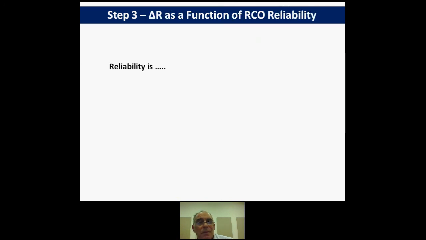Now, an important step with regard to how we can estimate the reduction of risk is to understand that any measure we propose is subject to some sort of reliability. In other words, its ability to function according to